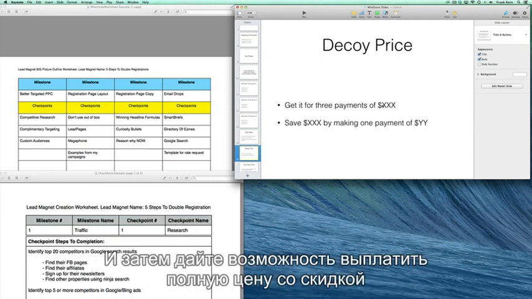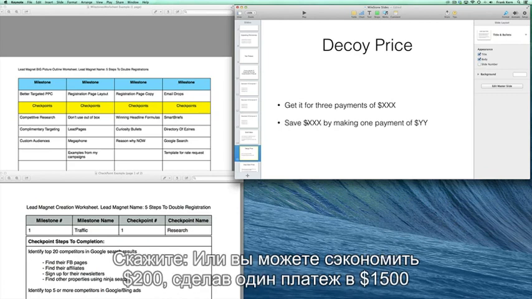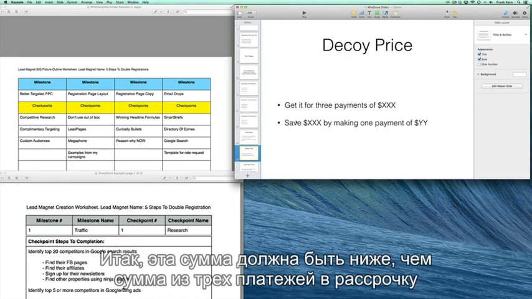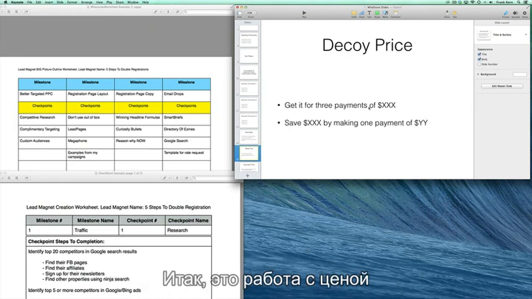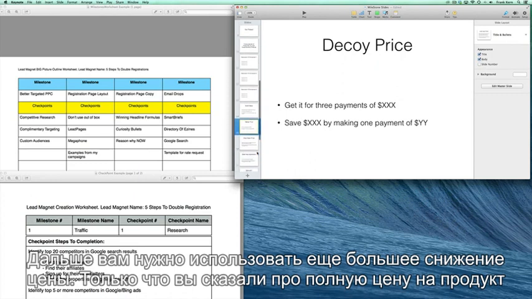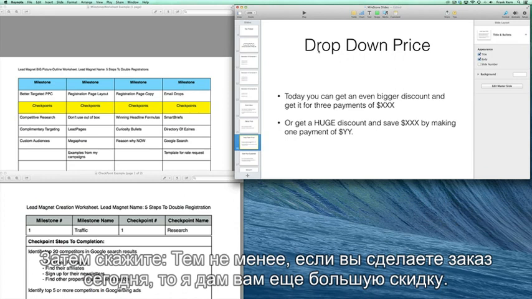And then what you want to do is you want to give a full pay option at a discount. You say, or you can save $200 by making 1 payment of $950 or whatever the math is, right? So it's less than the 3 payments combined. So that's the decoy price. So now what you want to do is you want to give something called a drop-down price, and this is your true price. So the way you do this is you say, however, if you order today,